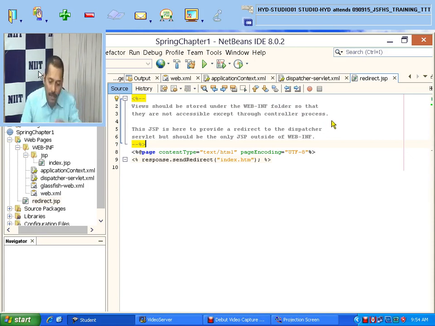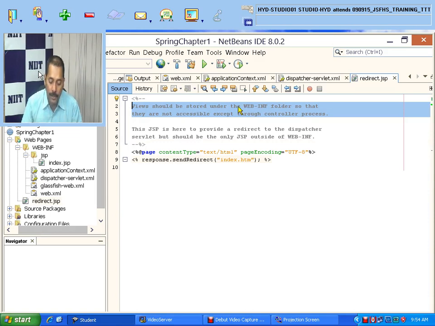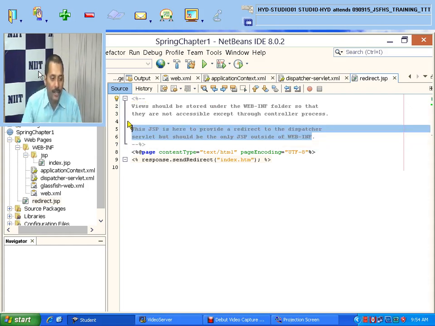Every view you create must be kept in the WEB-INF folder, so that no one can access the page without the controller process. In the controller process, we can write security related code, logging, or transaction related code, everything. Hence we are writing this particular code.